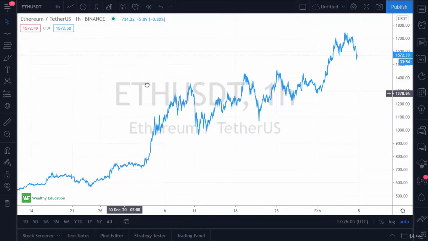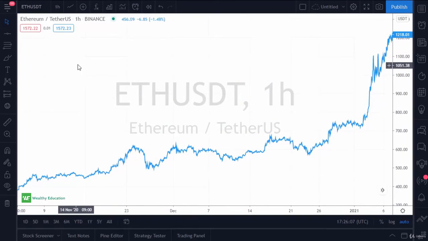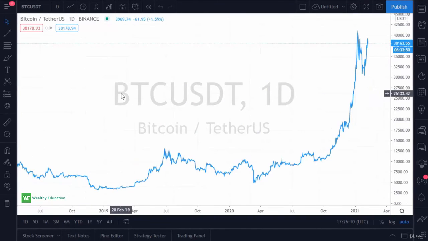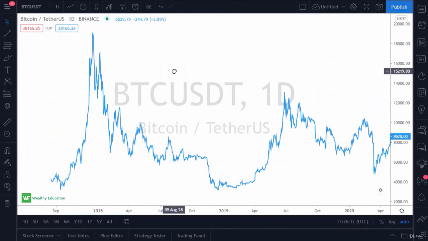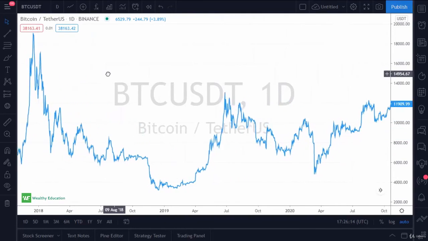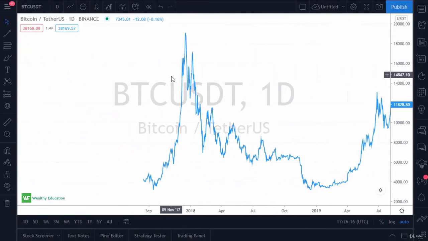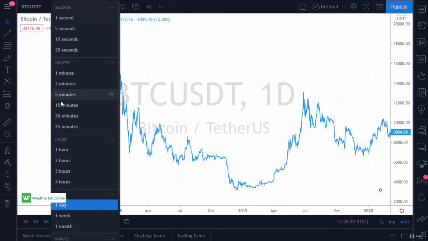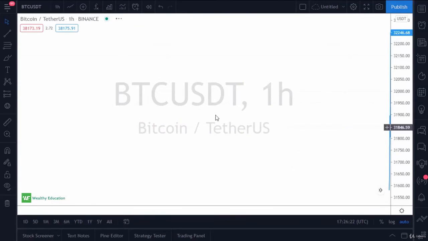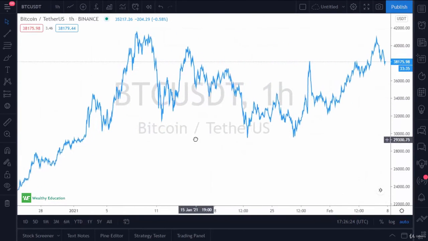Typically what happens is, when you get the 61.8 broken to the downside, not always, but typically that's a bad sign. So I'll pull up an hourly chart of Bitcoin,